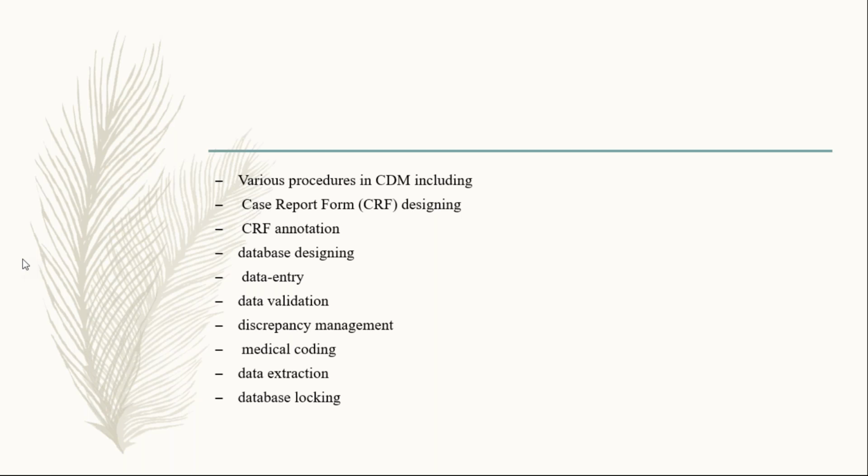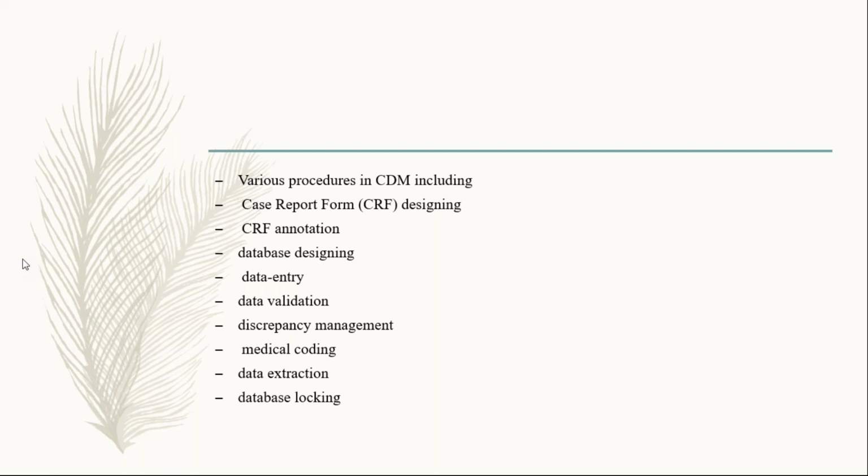Like when we enter the data, like blood pressure, hypertension, or blood sugar, blood glucose, all these terms, sometimes slight variation can happen. Medical terminology variation can happen. In order to avoid that, the terms or the words that we use should be uniform. So we depend upon medical coding, where different words will have different codes, and the particular code will be used, so that in different sites the same codes or the same words will be used. That is why medical coding is also important in clinical data management.